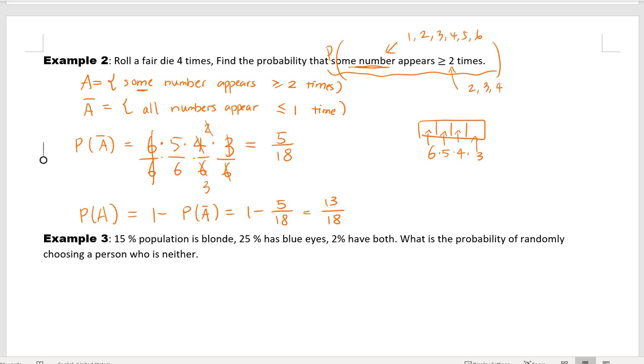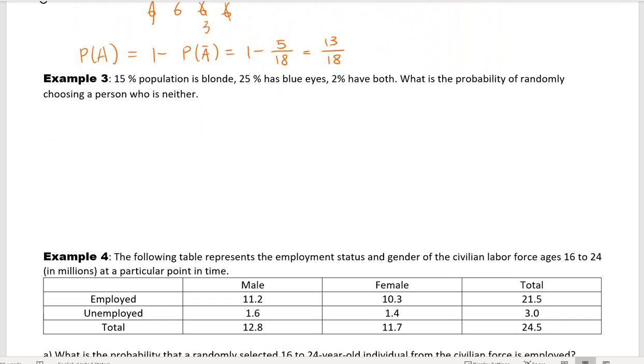Okay, good. Let's continue. Example 3. 15% of the population is blonde. 25% has blue eyes. 2% have both. What is the probability of randomly choosing a person who is neither? So, let's see. Neither means not blonde and not blue eyes, right? So we can first compute,